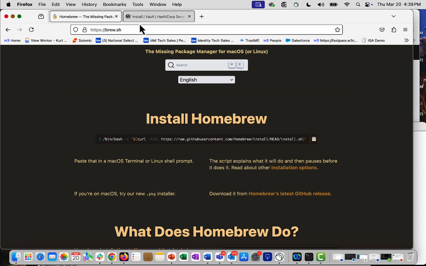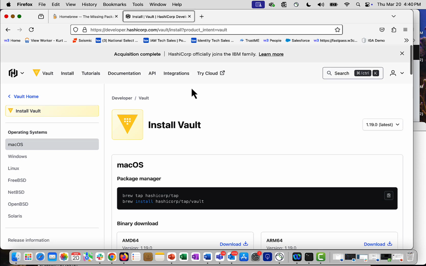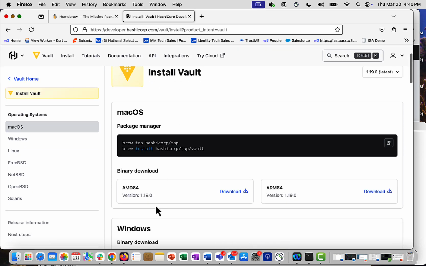Once you get Homebrew installed, you'll go to HashiCorp's developer page. You'll see the address here. It's got Vault, and you're going to go ahead and download Vault, and then you'll run the installation commands, and it will easily walk you through the installation. Once you get it all installed, then you have to, in this case, if you have an IBM Verify client,